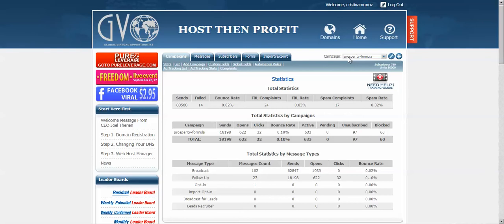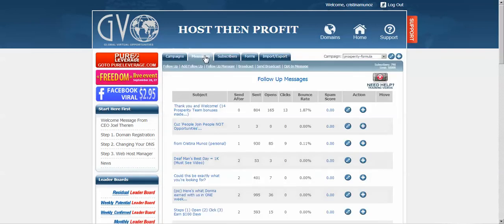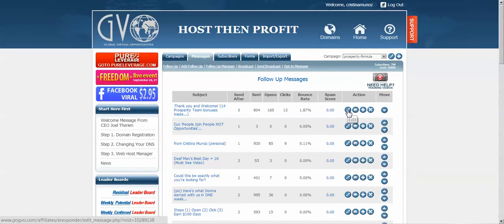So you should be at the stage where you have your campaign set up, you have edited your follow-up messages, and where you go to edit your follow-up messages is in messages. I'll just do this quickly. Okay, you'll see your follow-ups there. You just go to edit and you edit them there to make sure they look okay and look professional. Okay, and you should have tested your systems as well before you get any done for you traffic going.